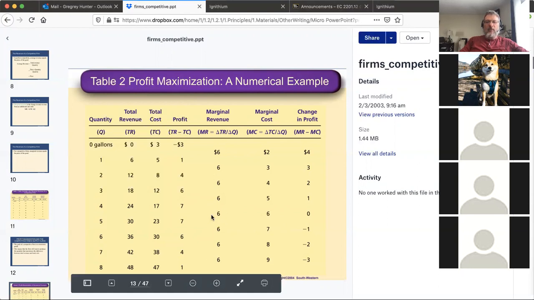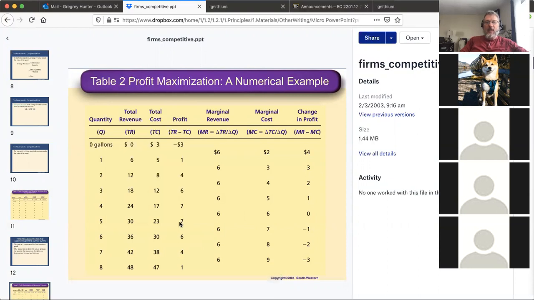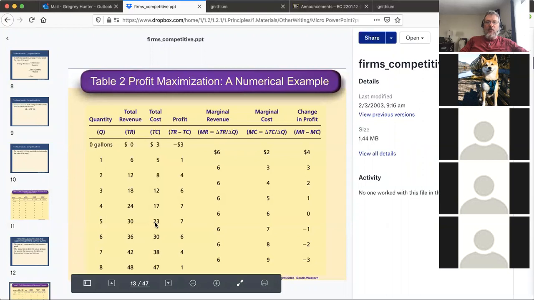So for example, here you can see that you have a marginal cost of 6 when you're producing the 5th unit, and there the total cost is 23 and the total revenue is 30, so the profit is 7